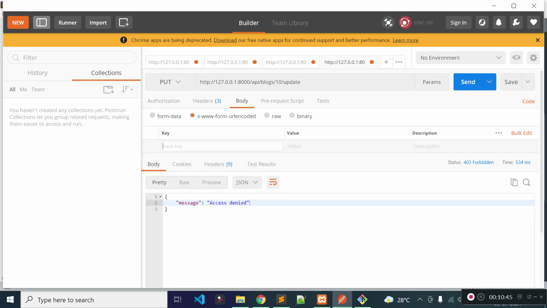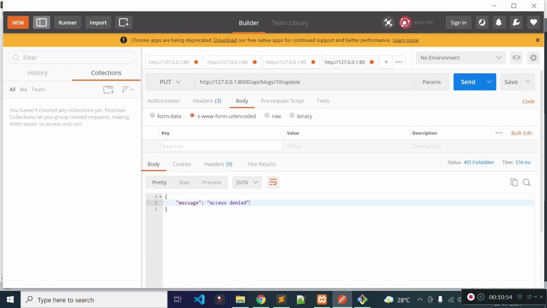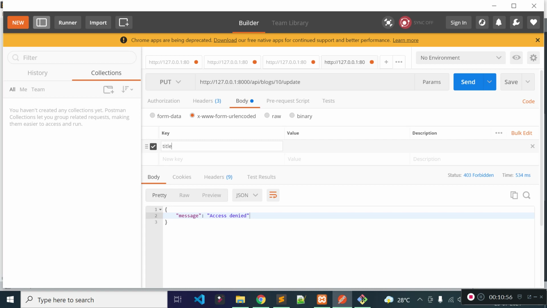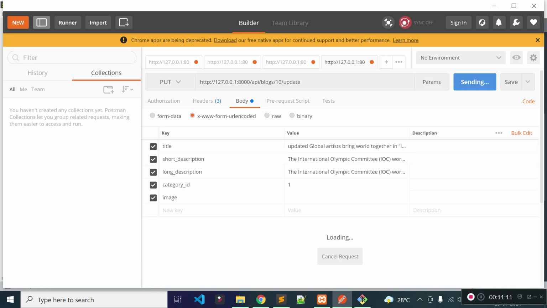We need to pass the data through this method, either x-www-form-urlencoded or raw data. So let's pass the title. I'm adding title, description one by one. So I added title, short description, long description, and category ID for this block, and let's change the title to updated.